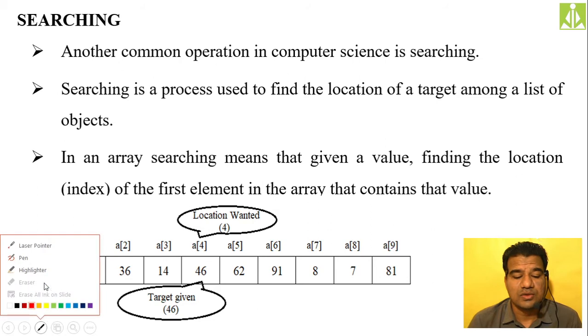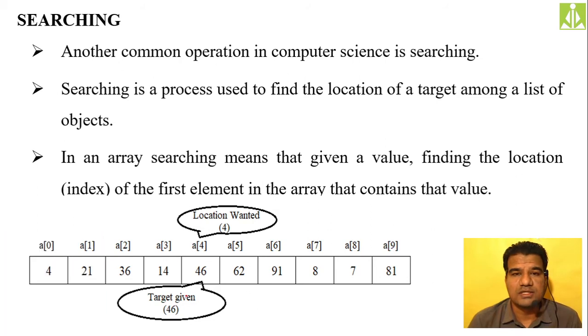So if you're searching for 46, we are finding that 46 at location 5, that is index value 4. Location 5 and index value 4, we are finding the element at location 5, index value 4. So basically after finding the element, after a successful search operation, we'll return this index value.